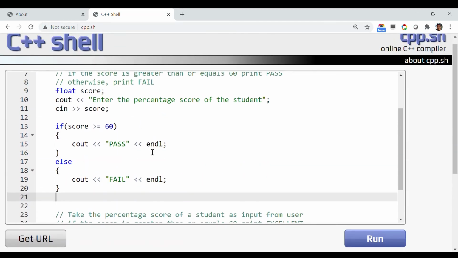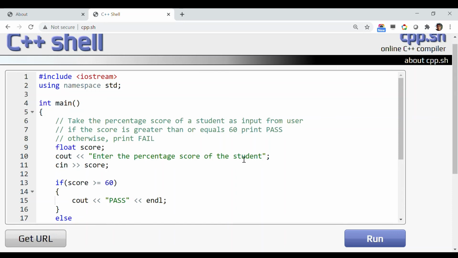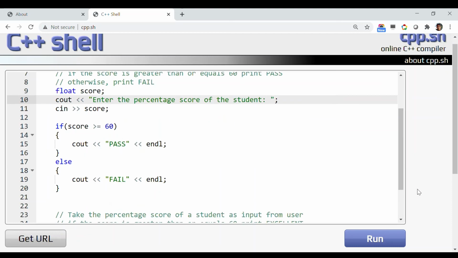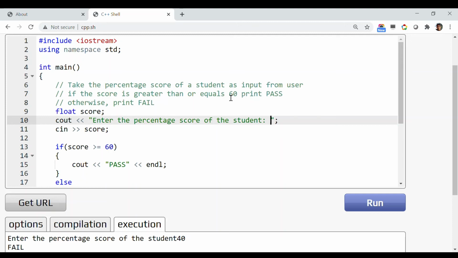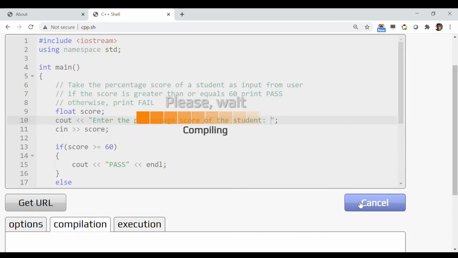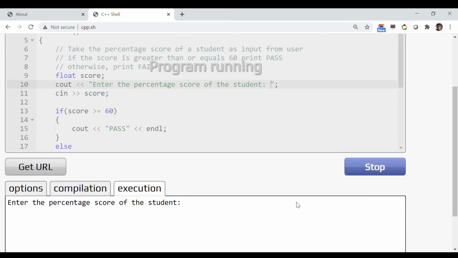Well, I have just forgotten one colon to make the input look nice. So here if I enter 40, it printed fail, which is as expected because the score is less than 60. Now if I just run the code once again,